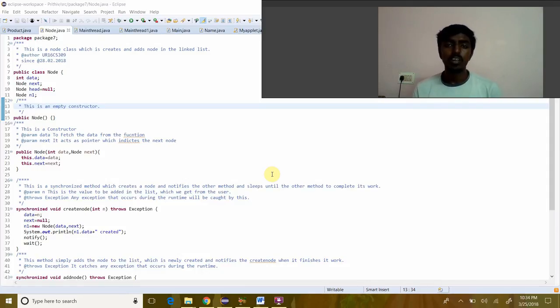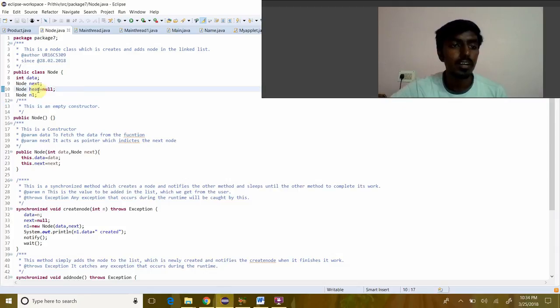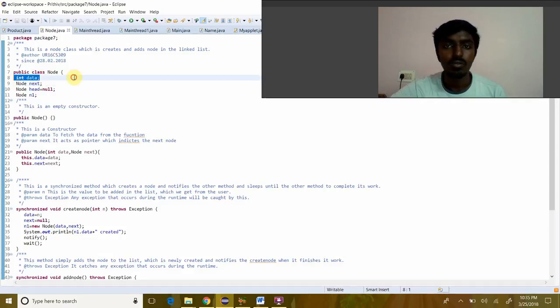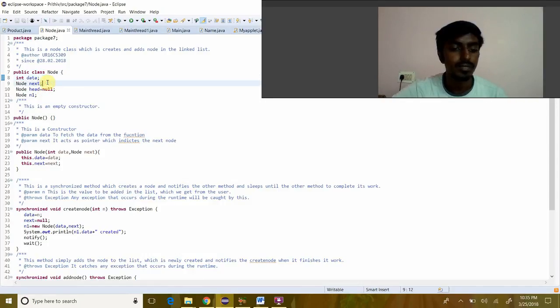I've created a program here that is a linked list with the help of threading. Even though we have default methods for linked list, I'm using the original type, and this is a class Node, in which this is the data which we are going to feed to the node. This is a pointer,